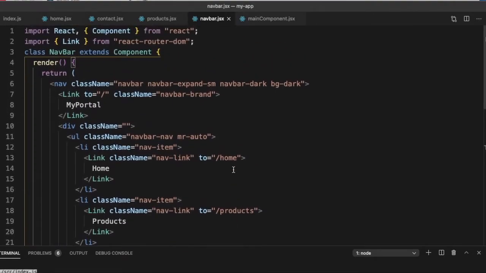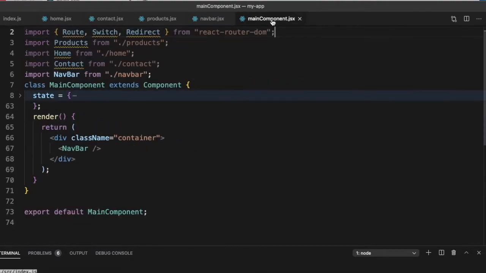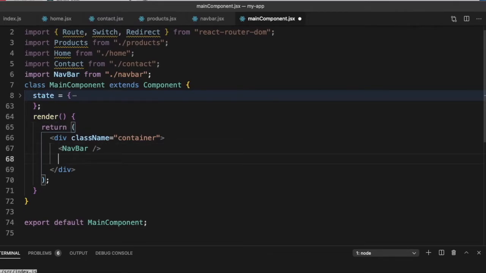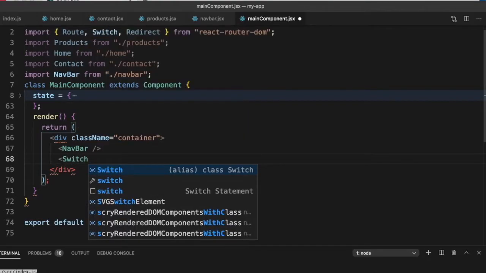So we have made all the changes in the navbar. Now let's go back to our main component, and we now need to define our routes. So here we can start writing our Route, and we need to wrap our Route within a Switch.